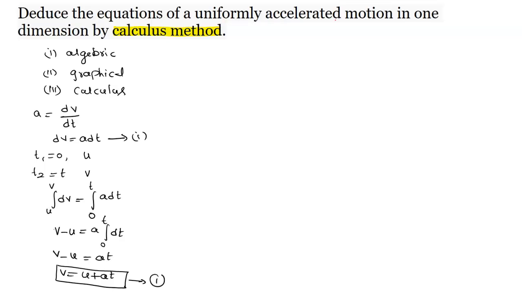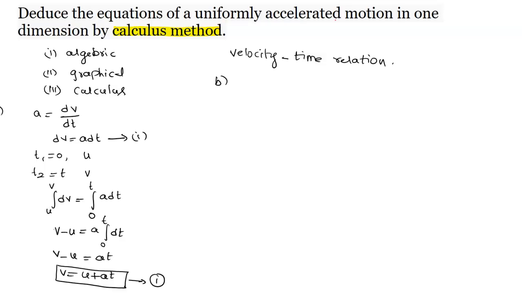This first equation is also known as the velocity time relation, because the first letter in this equation is v and the last letter is t. That's why this equation is also known as the velocity time relation. This is the first equation of motion. Next we derive the